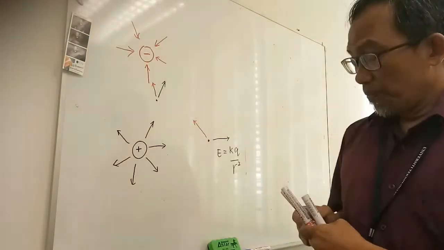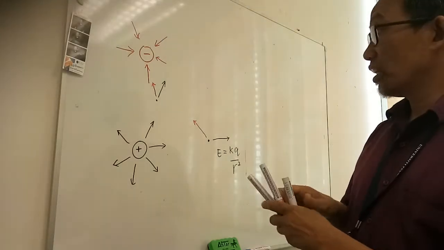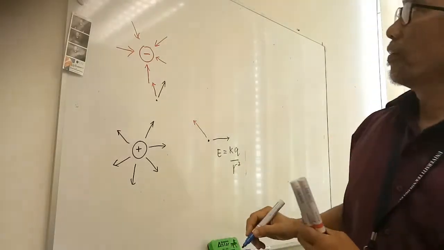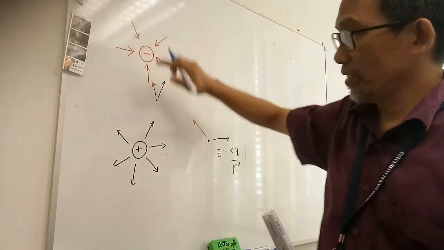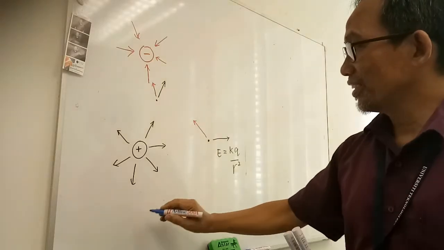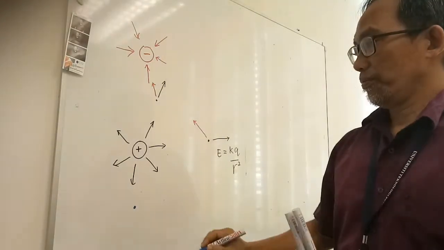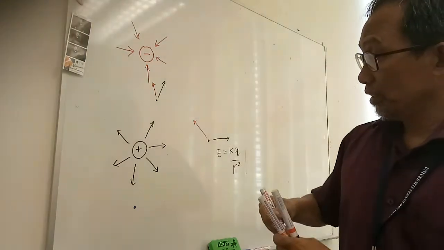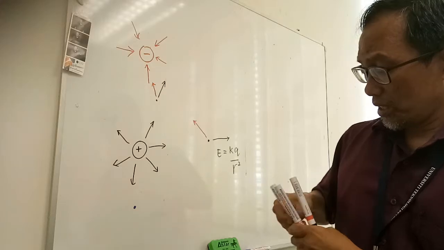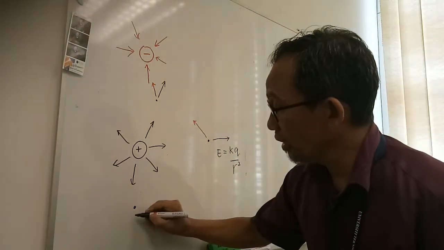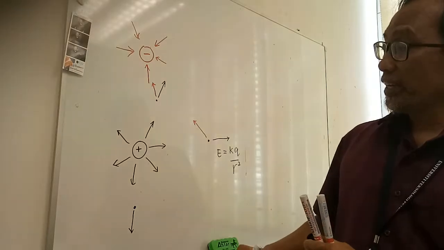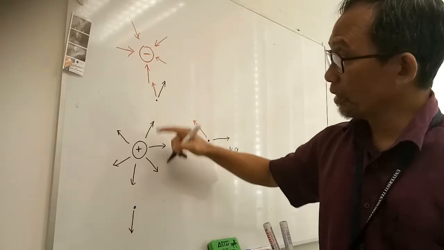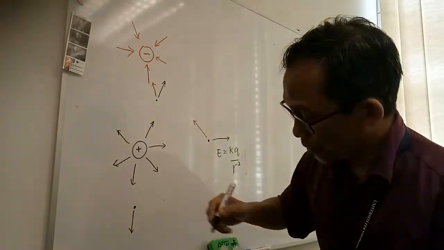If you pick a point which is located, let's say here, oh sorry, it might be out of the video range. Let's say here, you pick a point here, and then there will be fields. The field generated due to the positive charge would be pointing that way, but then the field generated by the negative charge will also affect this point here. Although there is a positive charge there, it will be directed